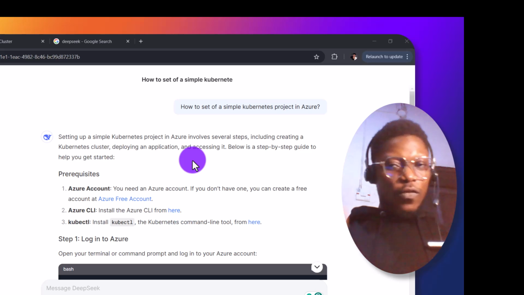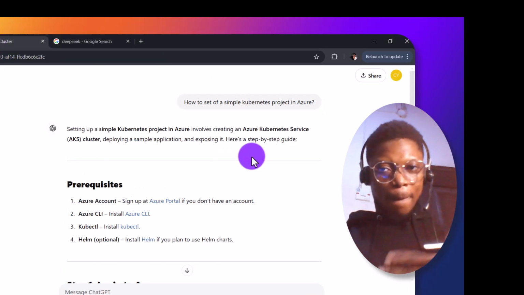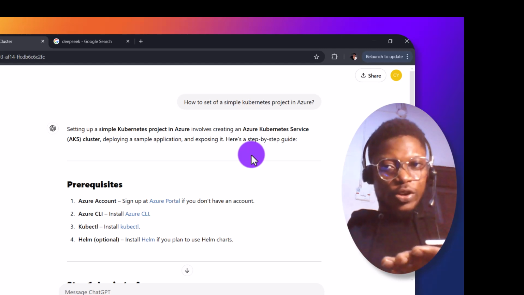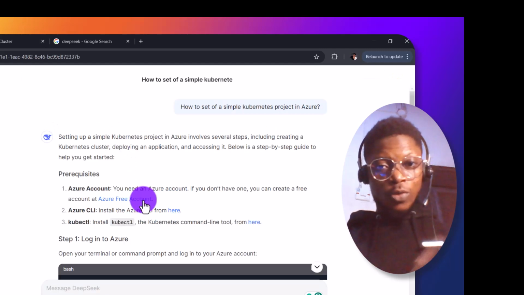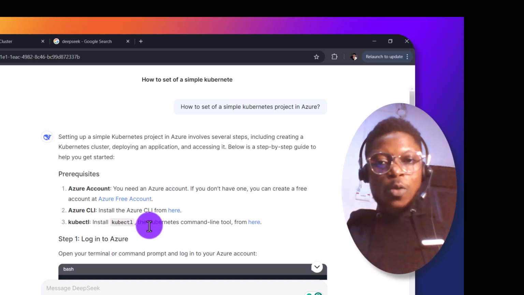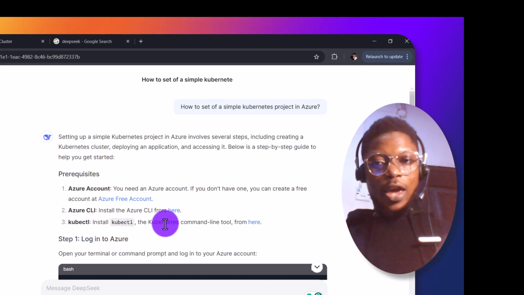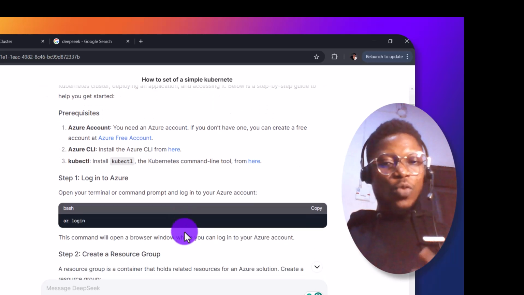If you look at this, it's kind of similar to what ChatGPT gave me at this point here, right? Because it also mentioned what DeepSeek said here. It gave me the prerequisites, which is having an Azure account, having the Azure CLI, and having kubectl installed. So now let's scroll down and see what we have here.